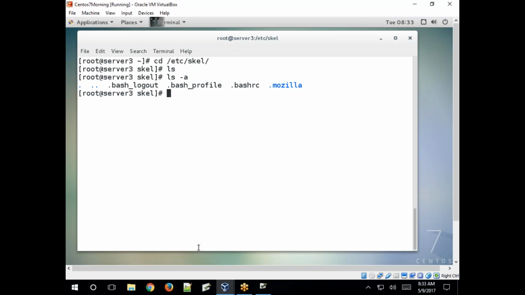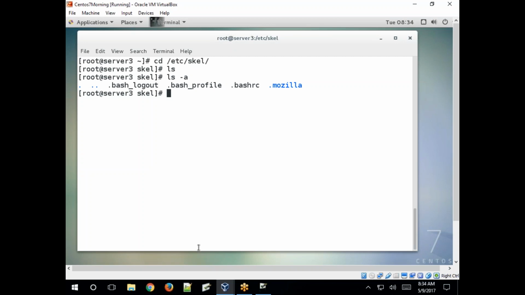This is the default shell environment. If you create any user, the same basic environment will be loaded. After logging into the user, you can adjust the settings, modify them, and create your own environment for a particular user.